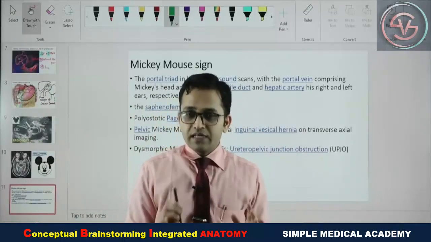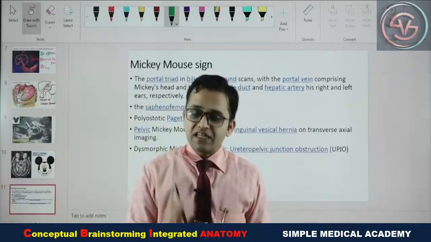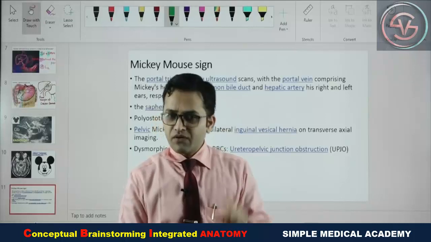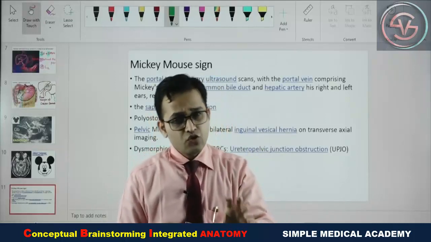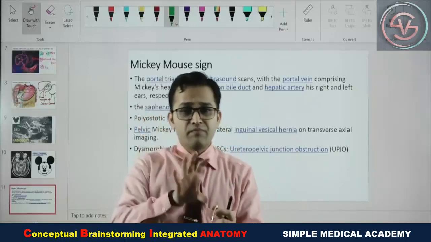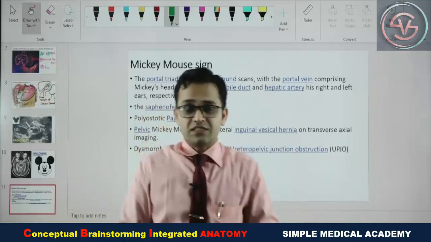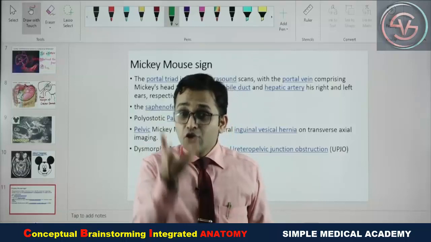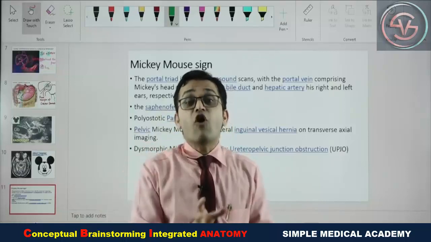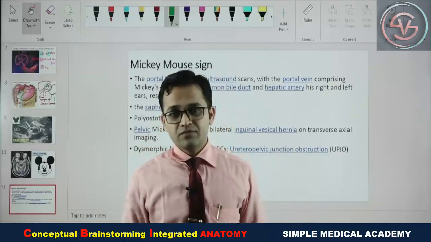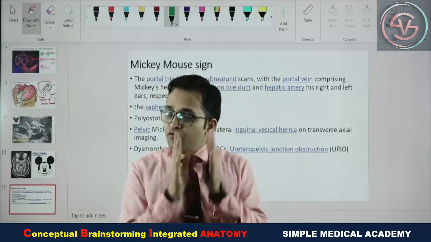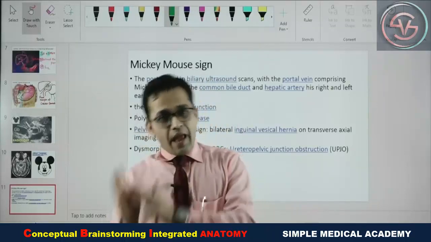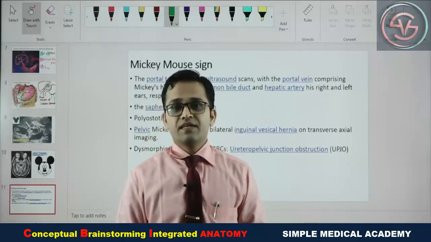So are you getting it? Definitely anatomy is a very dry, hard, boring and voluminous subject, but when you correlate this anatomy with your physiology, pathology, surgery, medicine, radiology, you get interested. And now you will be able to keep this fact in your mind for long-term memory in your hippocampus. So further we will discuss all these topics again. A few parts of the peritoneum we will discuss in the embryology part with the development. Thank you very much.